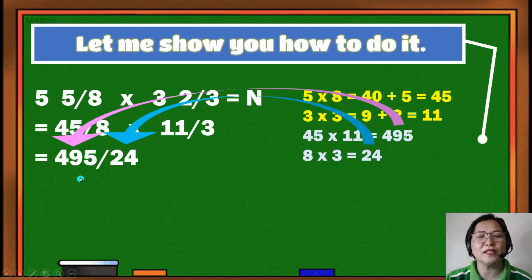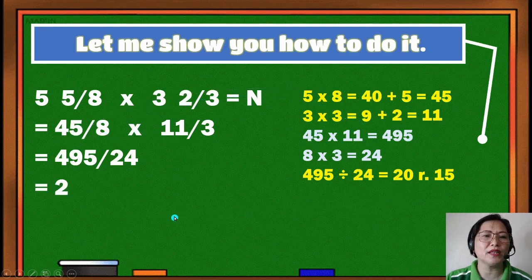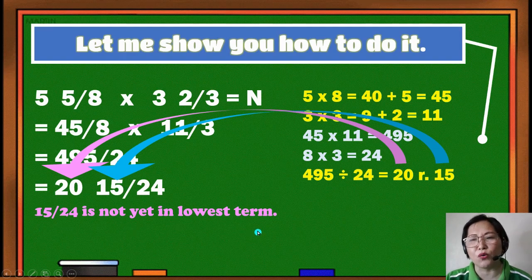Yes, by dividing the numerator by the denominator. So that will be 495 divided by 24, and the answer is 20, remainder 15. So how are we going to write the answer? The answer, which is 20, becomes the whole number, and the remainder 15 becomes the numerator, and just copy the denominator 24. 15/24 is not yet in lowest term, so we have to reduce it using, yes, greatest common